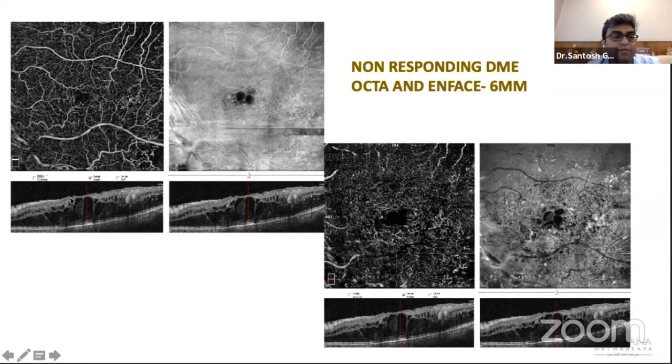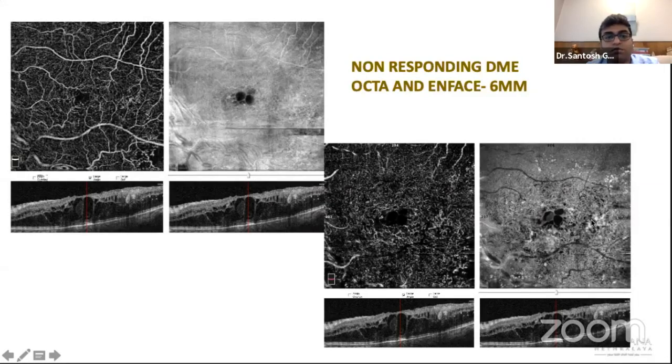If you look at the morphological pattern of macular edema, again we can see the intraretinal, the intercystic hyperreflective material, lots of aneurysms here, loss of parallelism, and most probably DRIL also. This is a superficial OCTA image as well as an en face, and this is a deep. So we can see the irregular pattern of the vasculature on the DCP, and the similar thing reflects even on en face. So we get to know what we are really looking into.